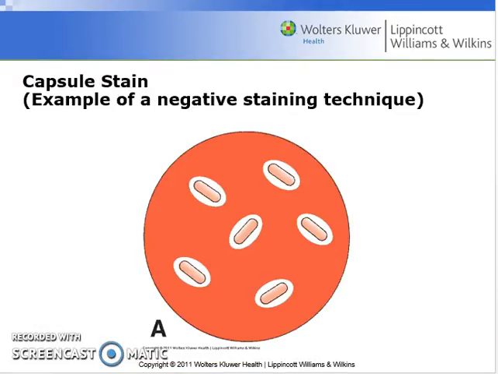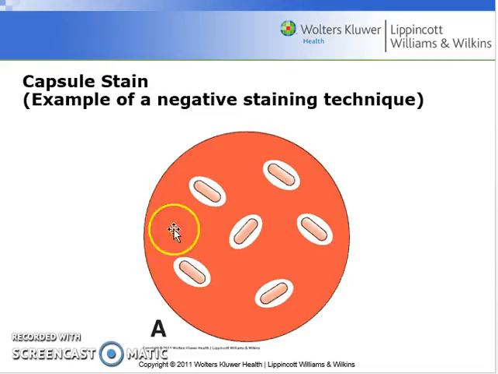And the capsule stain is an example of what we refer to as a negative staining technique, because we don't actually stain the bacteria. Well, we do use one reagent to stain the bacterial cell, but we don't stain the capsule. The capsule, as you can see in this image, is unstainable,